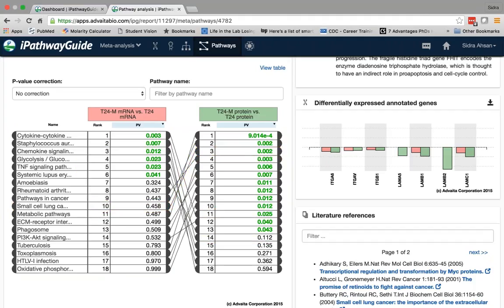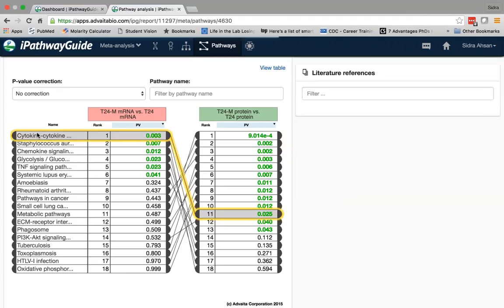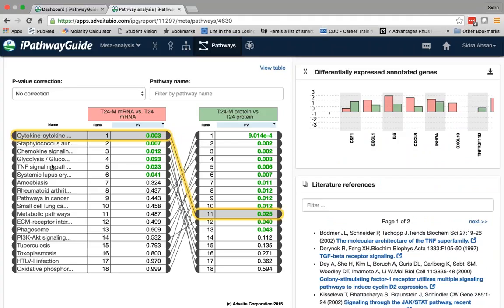So let's see what's going on from the side of the mRNA expression. Where you see a lot of cytokine receptor interaction pathways, here's the TNF signaling pathway, which is also sort of related to cytokines and chemokines. So there are differences in signaling pathways that are significant between protein expression and mRNA expression, even though a lot of the genes and the proteins were similar.